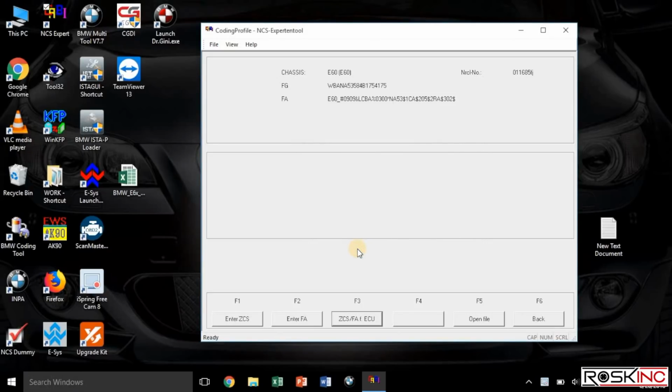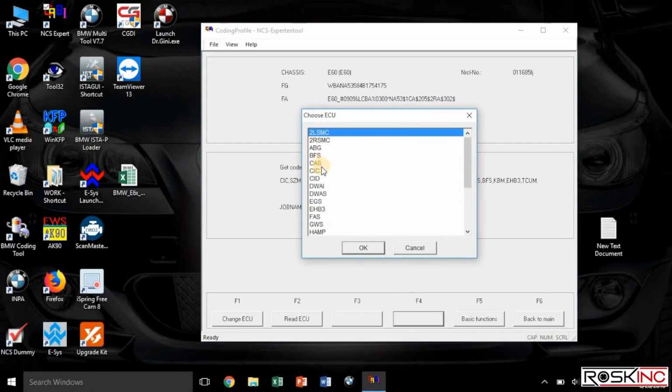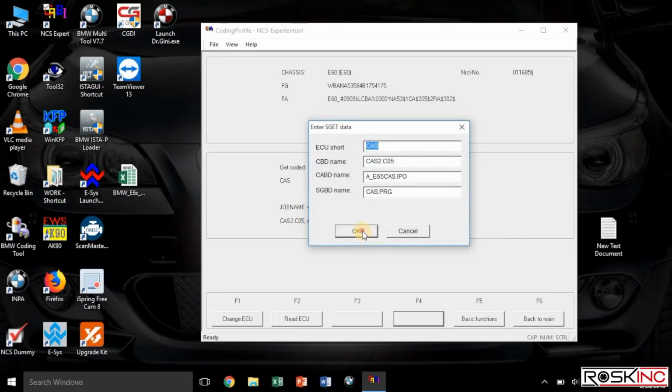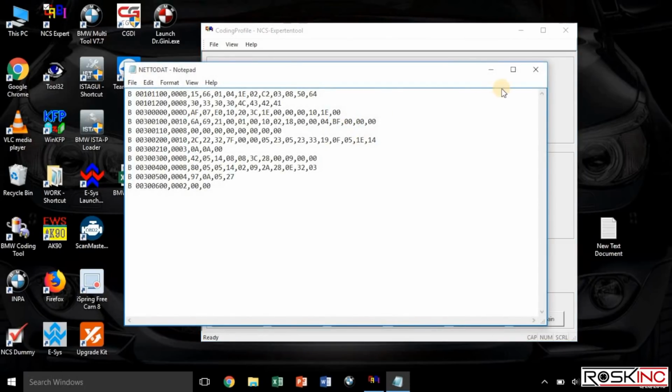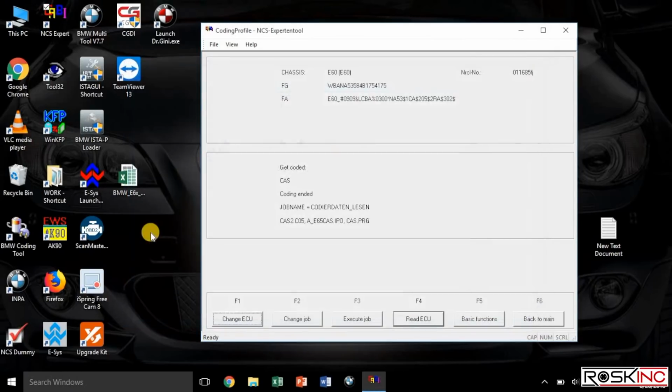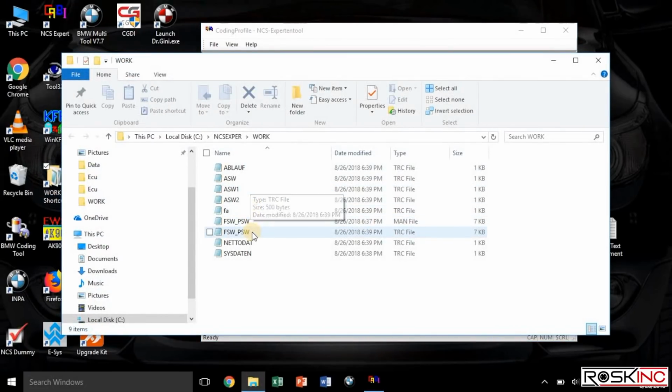Once it loads up your VIN and your vehicle order, you hit F6 back. And then you hit Process ECU, F4. Then you want to select CAS. Press OK, and press OK. Then you want to select F4 Read ECU. And once the text box shows up, it means it read it. So you want to go to your work folder. I have a shortcut to it on my desktop. And you want to load up